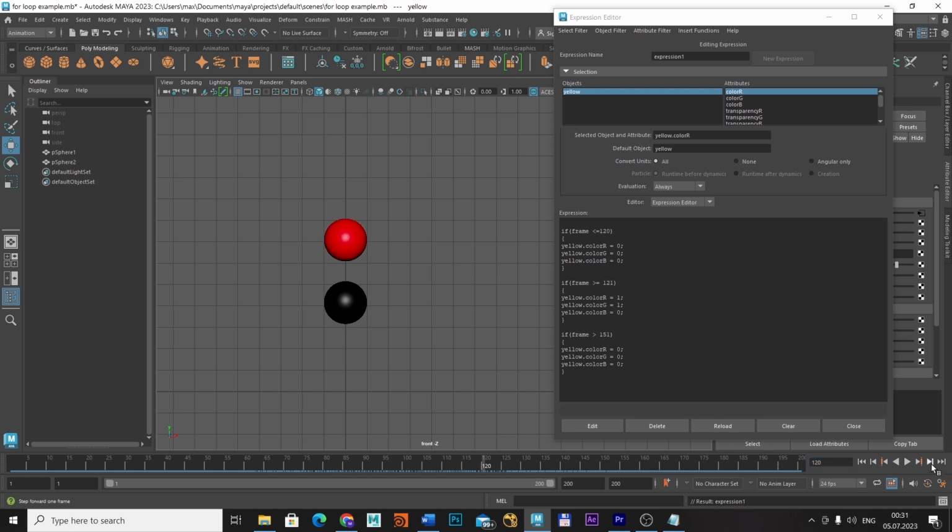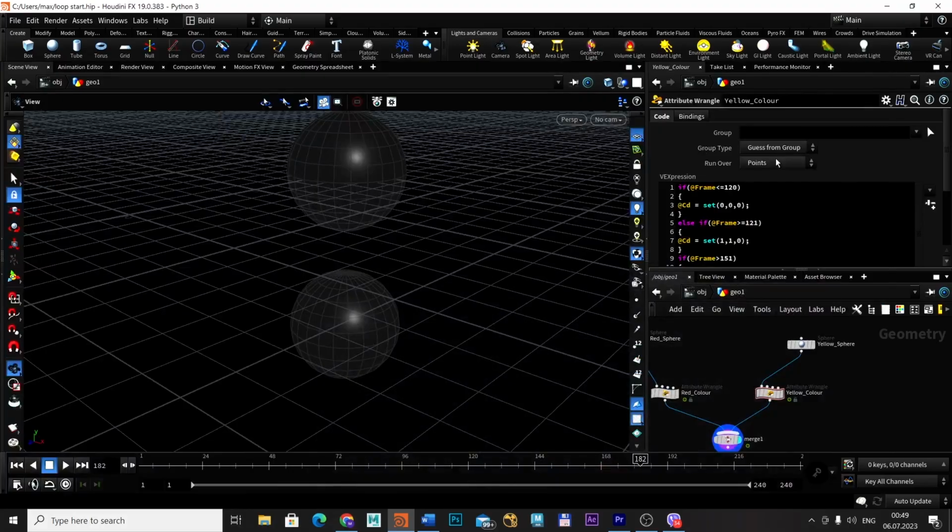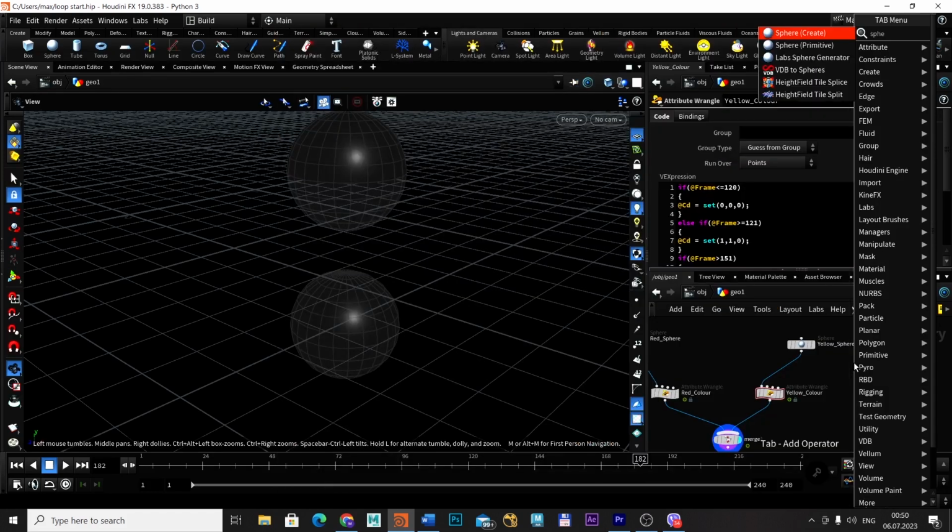So let's see. We have our frame 120. So it's working. Okay. Now when we finish our yellow sphere, just